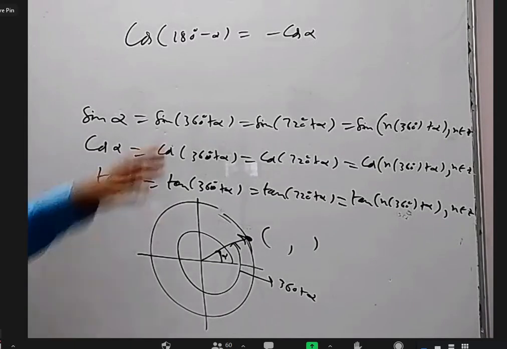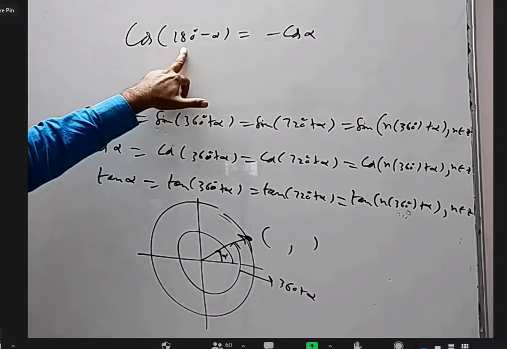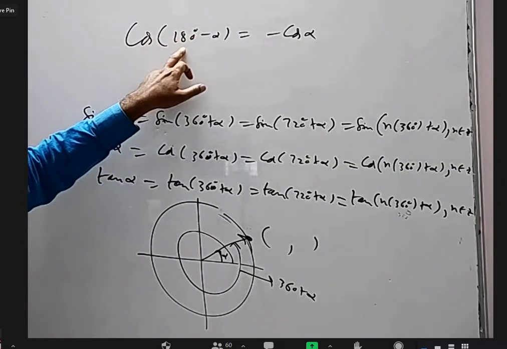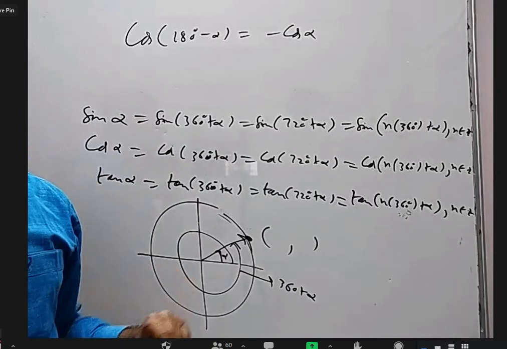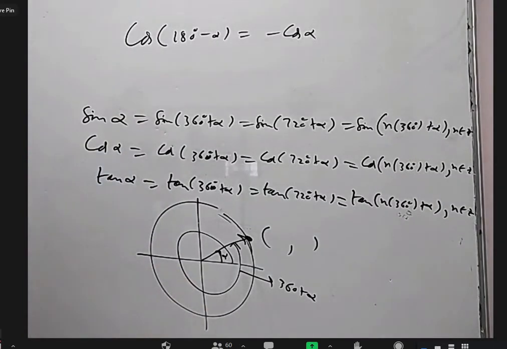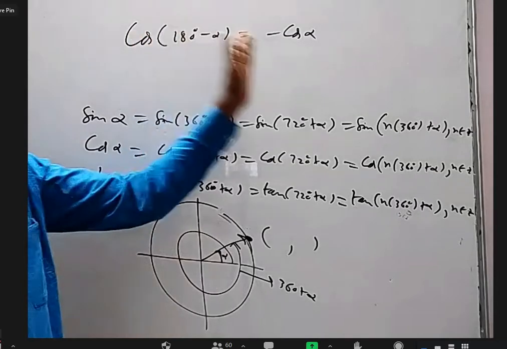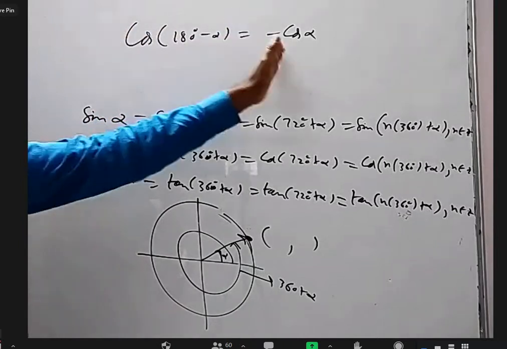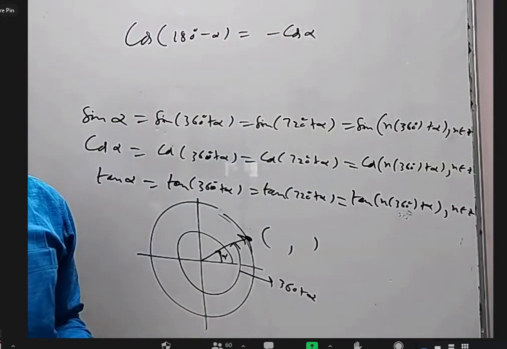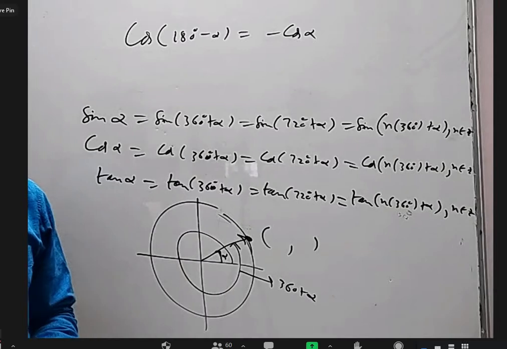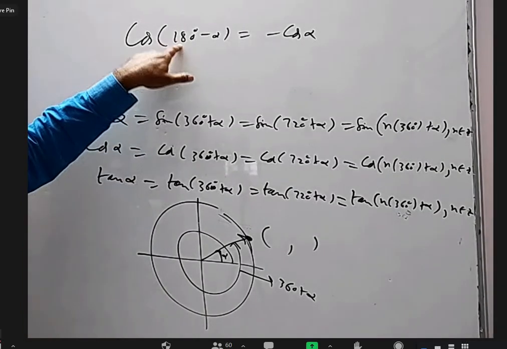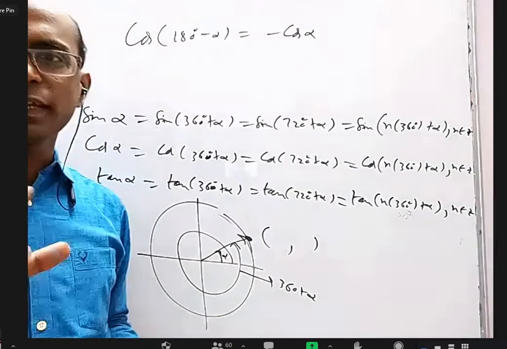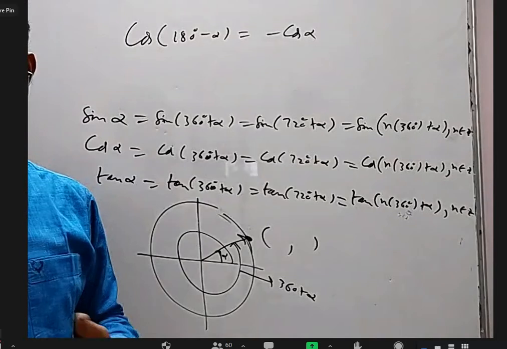For example, somebody may answer, this is an even multiple of 90, that's why cos will remain as cos, and because it is the second quadrant, cos is negative, so I kept a minus. No, that's a very stupid answer. That is how to remember the formula. It is not a derivation. It is because it is an even multiple of 90, cos should remain as cos. Why? There should be some proof, right? Telling that this is an even multiple of 90, this is the second quadrant so minus will come, is not the proof. It is only a blunt, blind way of remembering the formula. It is not the proof.